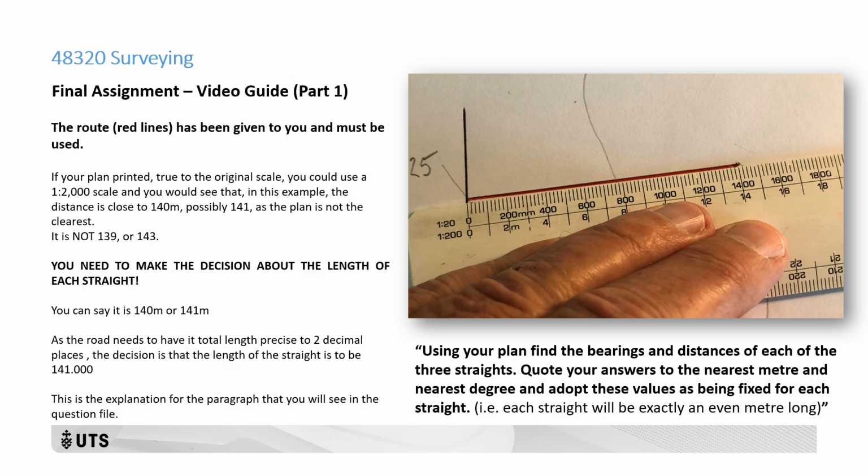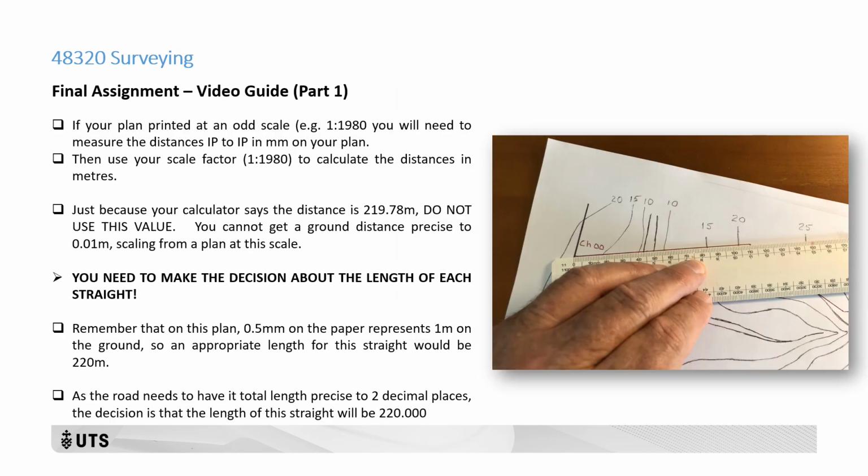Work as 140.000, or if you prefer, 141.000. Now, if your plan's been printed to an odd scale, measure the distance in millimetres, multiply by the scale factor, but don't get carried away with the calculator. Just because you've got a calculator and it's got an odd distance and you're using millimetres, and you might get a number that says, in this case, 219.78. Forget that. Just round it off and call it